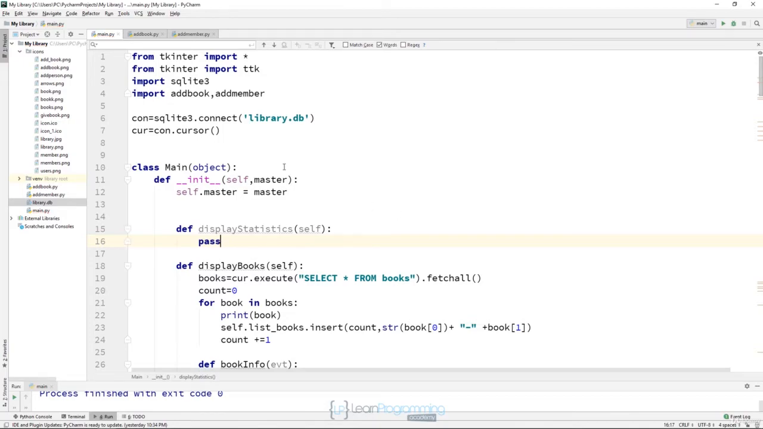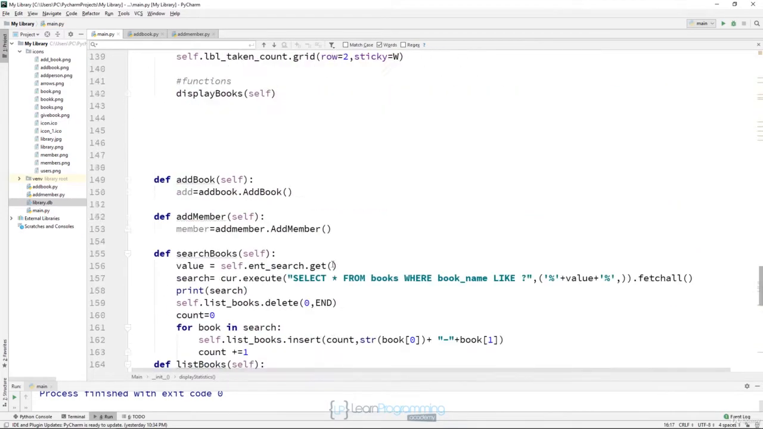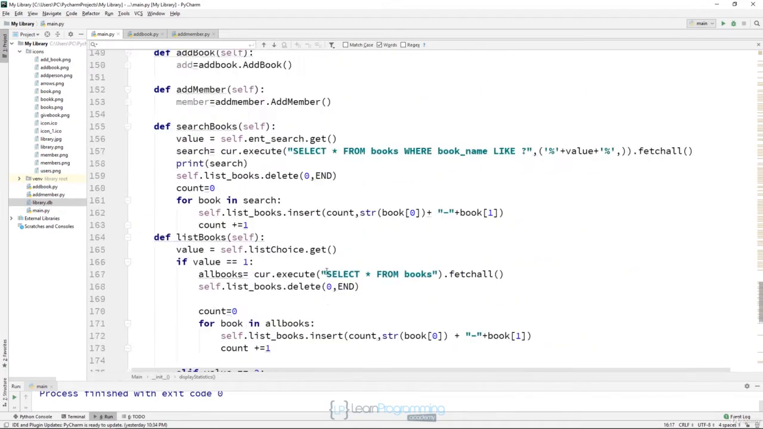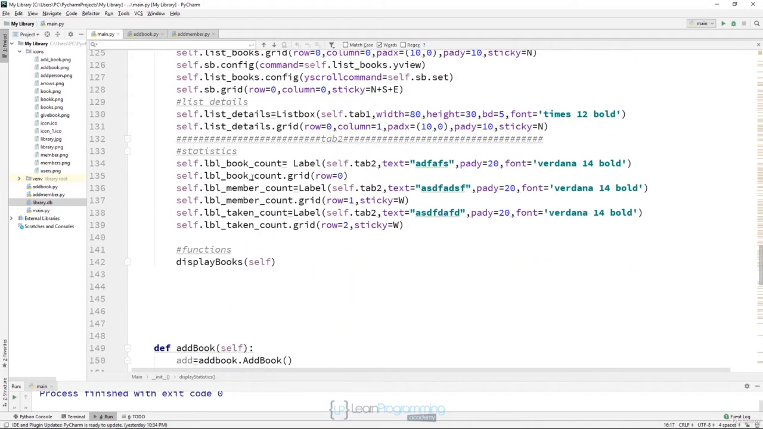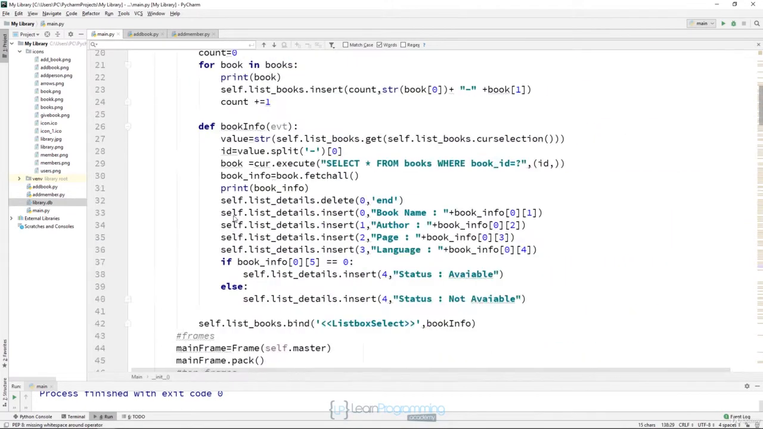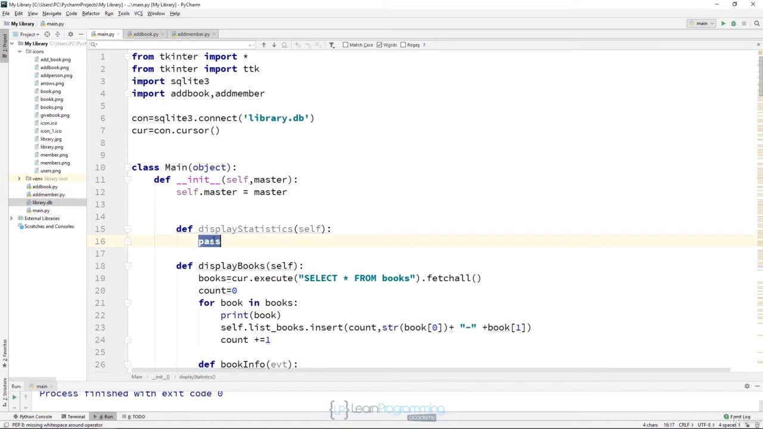Okay, what I need to do is configure my labels, this LBL book count, LBL member count, and LBL taken count. And so what I need to do here, firstly, is create my queries. Okay, I will say count books. Okay, this is my first query, and I will say here cursor dot execute,